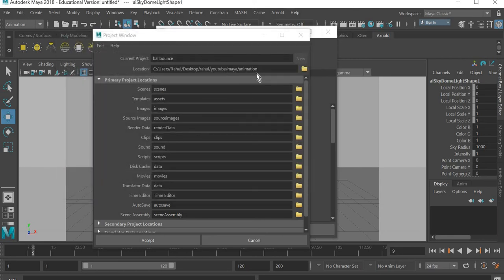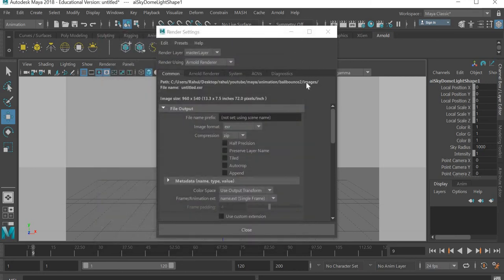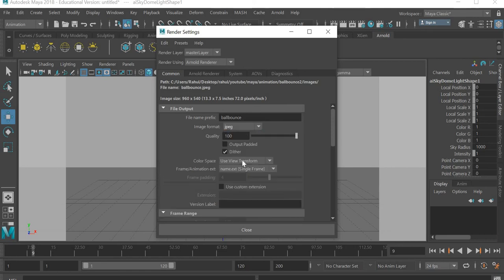Okay, so it will be saved in the Maya animation directory named ball bounce 2. Okay, and I'll accept it. So now it's going to save under animation ball bounce 2 images folder. We will name this movie or the image ball bounce. Okay, image format is JPEG